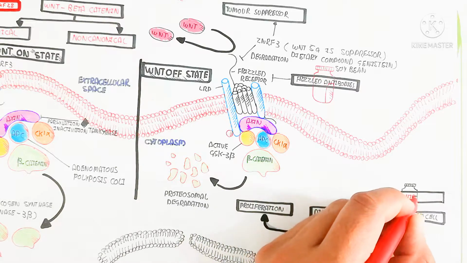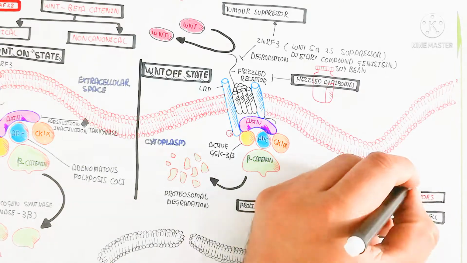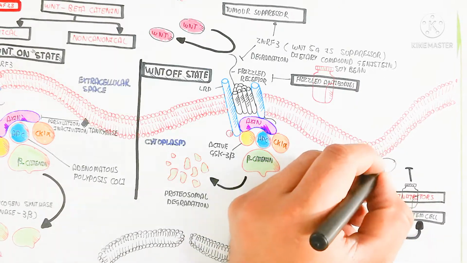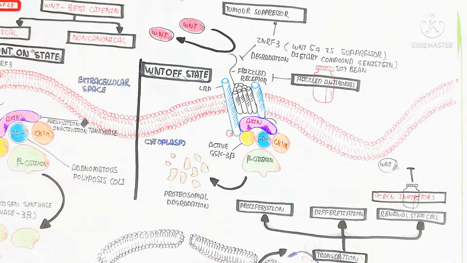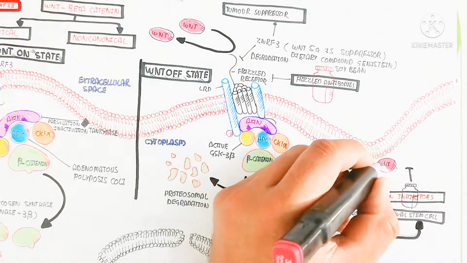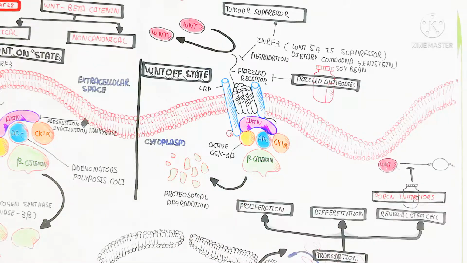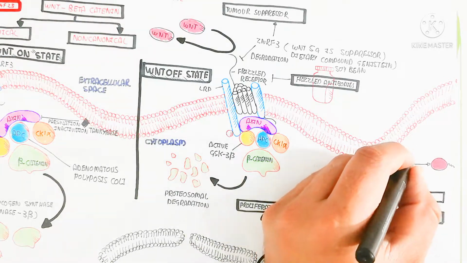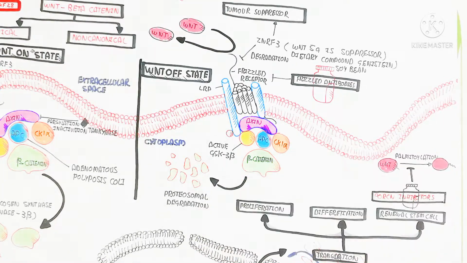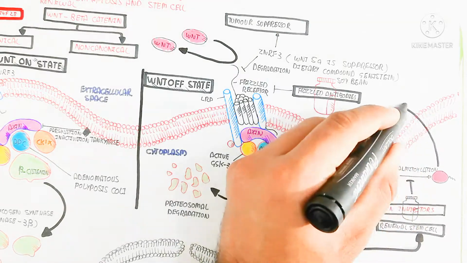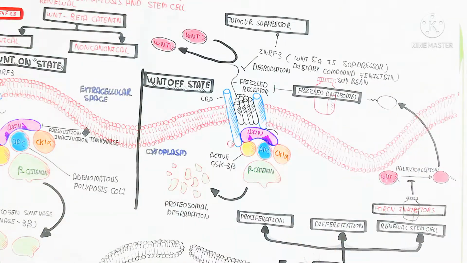So on the other hand, here is the important PORCN inhibitor, which will inhibit the Wnt palmitoylation. So the palmitoyl fatty acid will not bind, and in this way the efflux of the Wnt molecule will not occur. So in this way basically it will be inhibited by this inhibitor, the PORCN inhibitor.